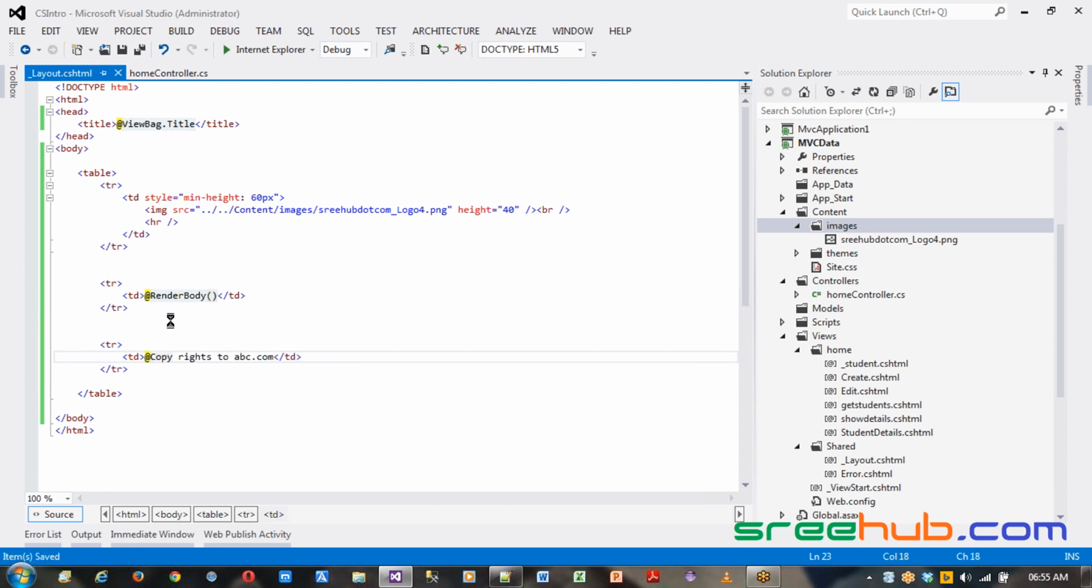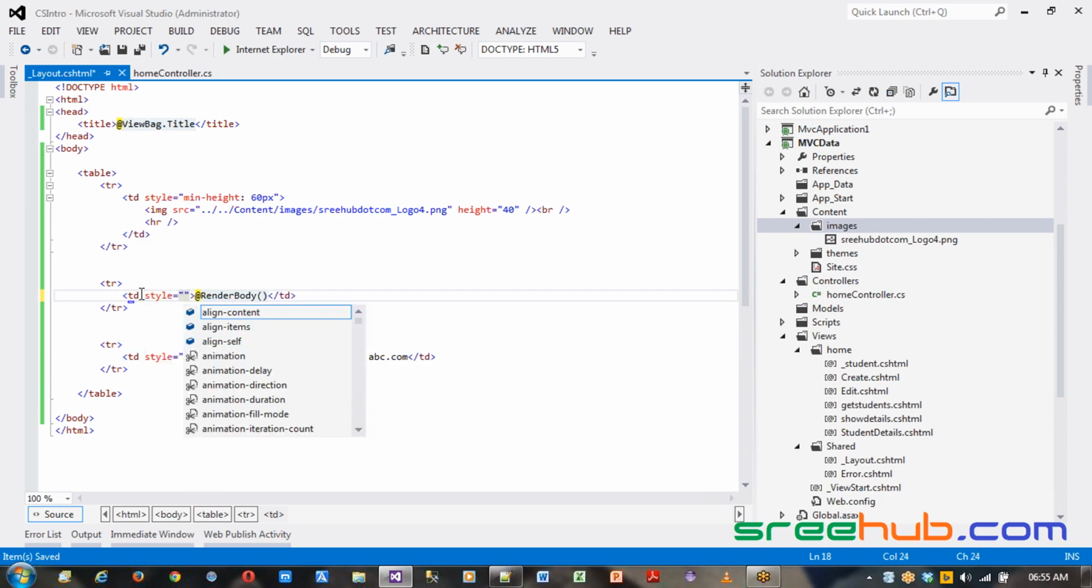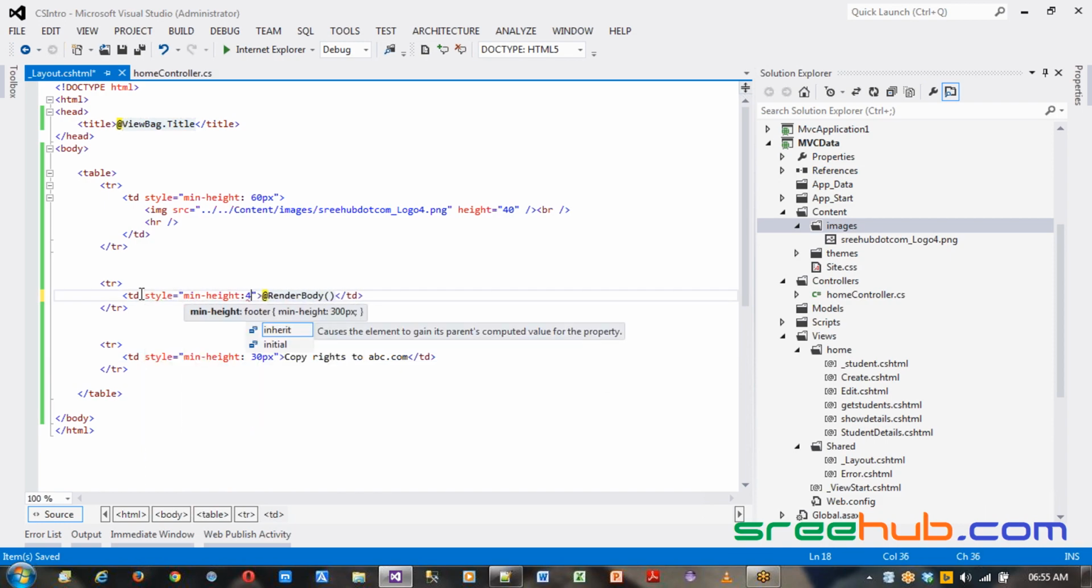Right? So we are going to show that we have a copyright. Yes, we have your copyright. MVC.com here is a footer. Let's give this a style with a minimum height of, say, 30 pixels. And for the body, let's say a style with a minimum height of, say, 400 or 300 pixels. So these are simple